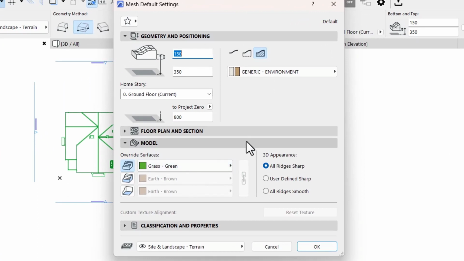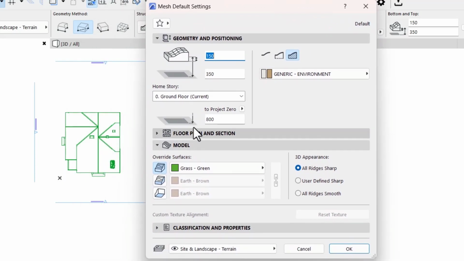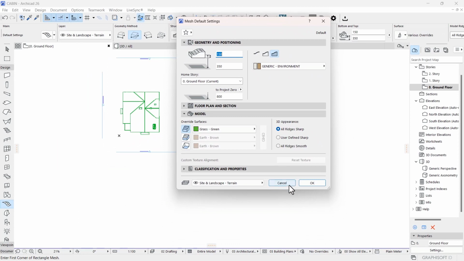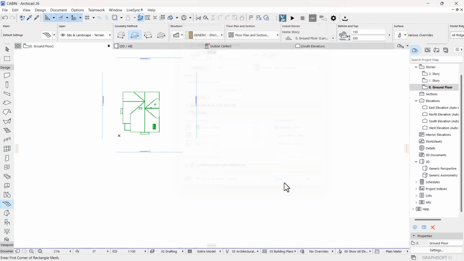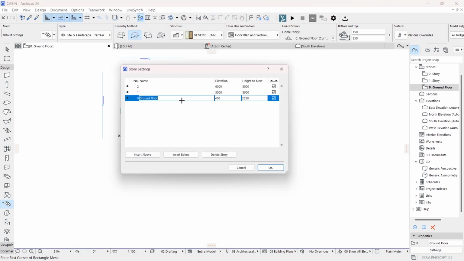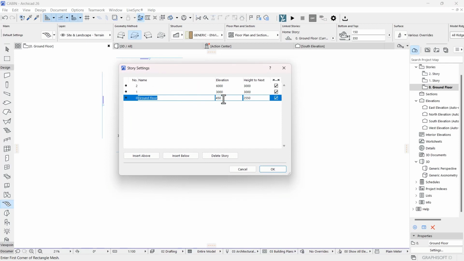Now, I have my project references set to 800 mm from my bottom elevation. This is because I already know what the elevation of my building looks like. If you want to look at that, you can always cancel this. Now, let's just go ahead and press Ctrl 7. My building is starting from 450 from the bottom level. I have that already at the back of my mind. Now, if I click on my model,